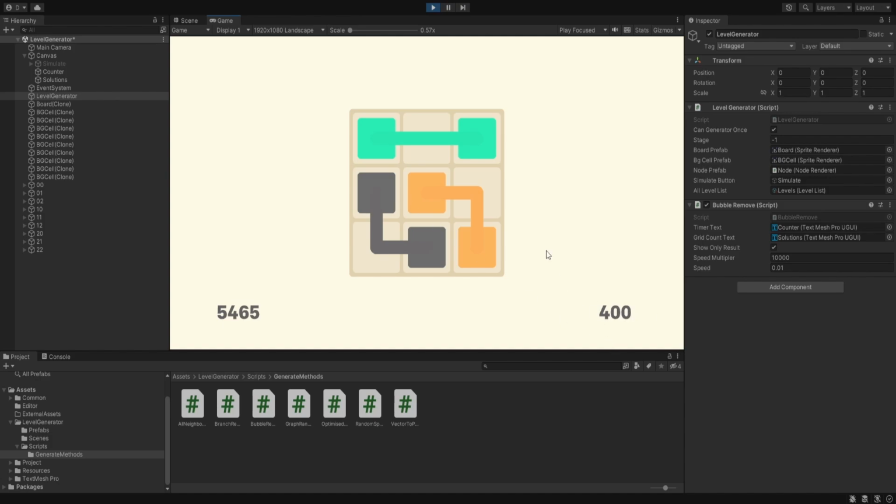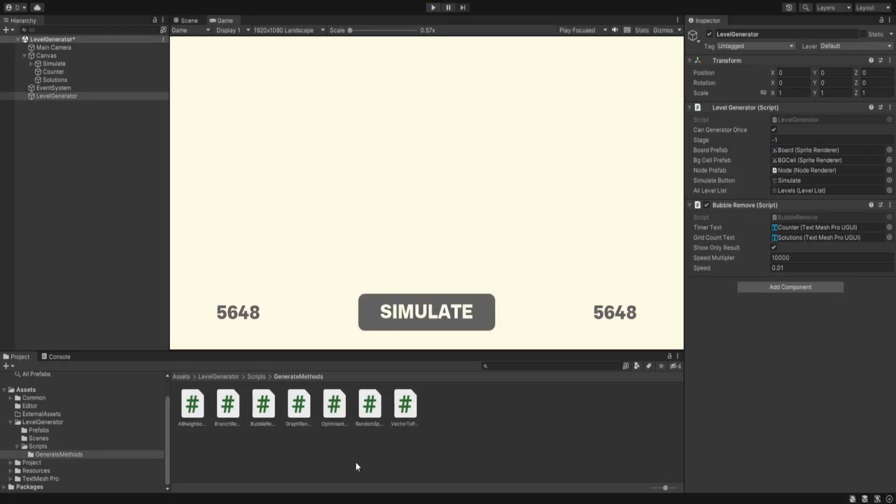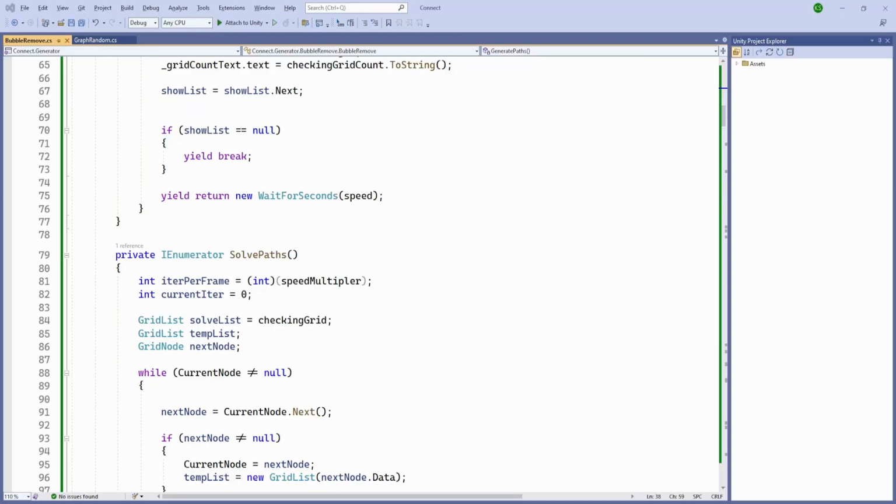So as you can see, the total number of duplicate solutions were 400 if we just go through everything, and the total checks were 5000. But let me show you something. So let's go inside Visual Studio,